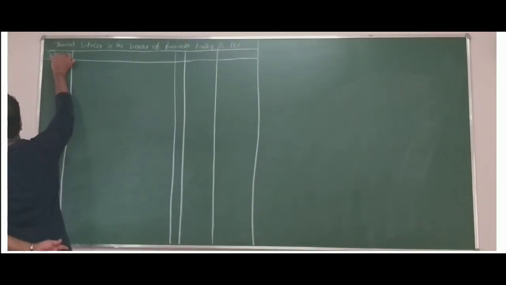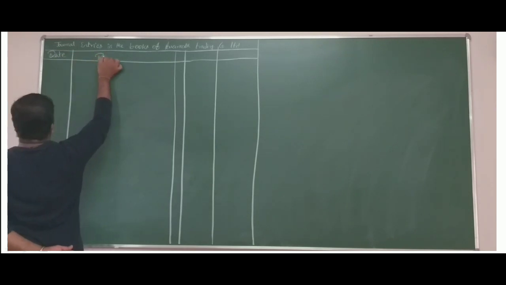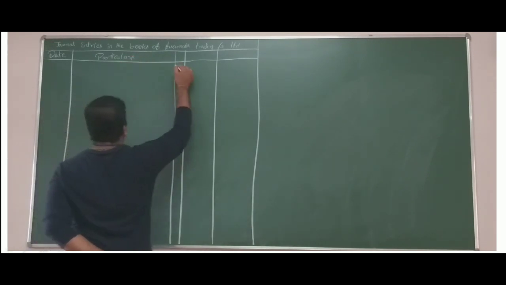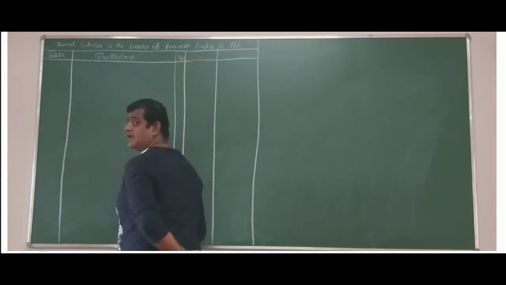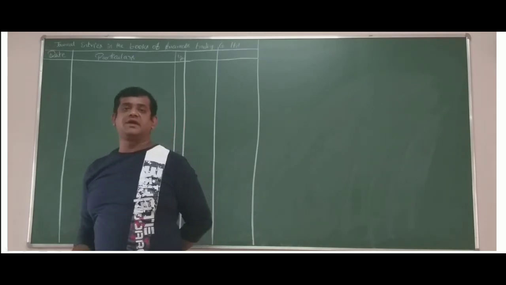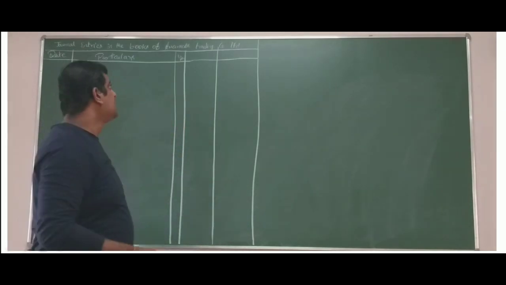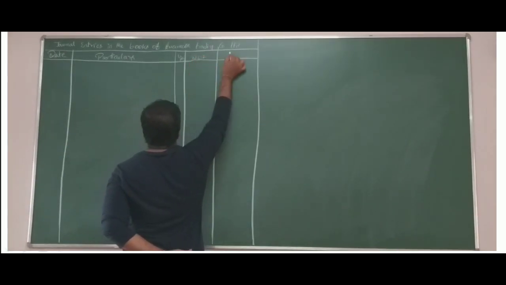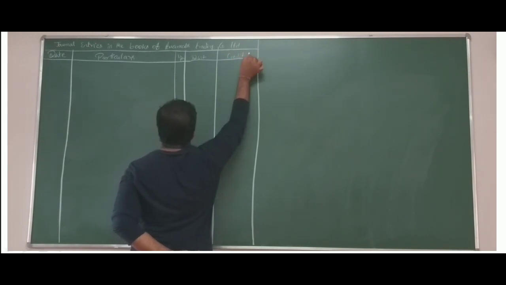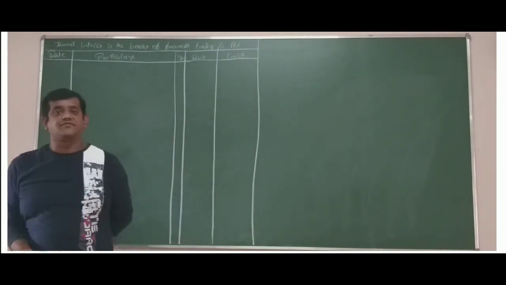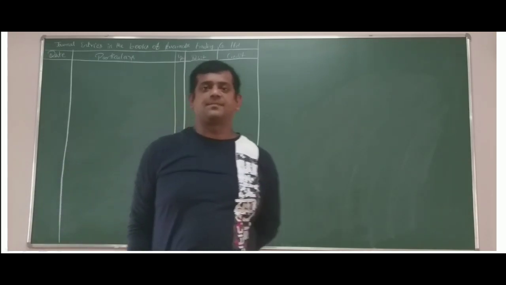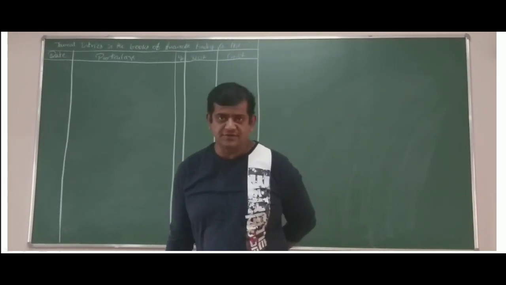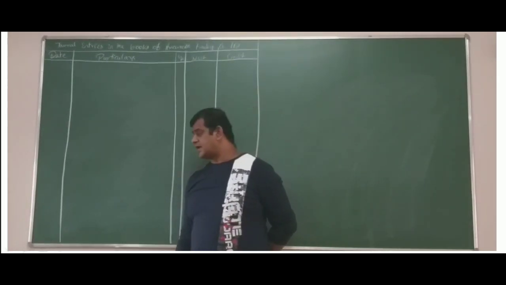Now the titles to the table. This is going to be a date column, and this is going to be a particulars column, and this is LF, ledger folio. That means we are going to enter the ledger transaction number. Then we have a debit column, and then we have a credit column. So this is the table structure for journal entries which we are passing in Amarnath Trading Company Limited under issue of shares. Okay, let us look into the problem.